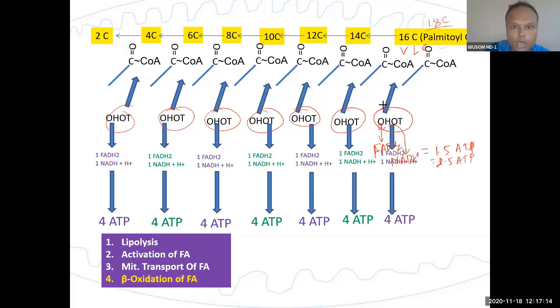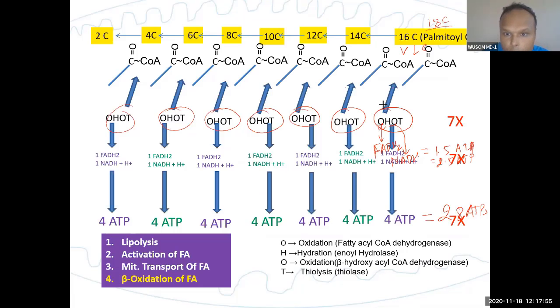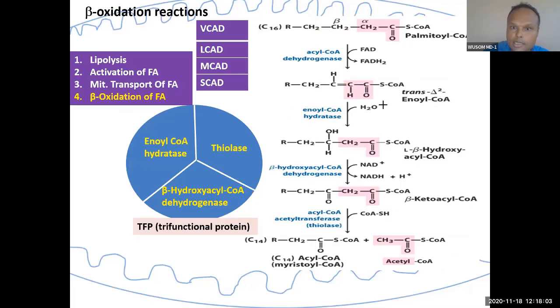So there are 7 bonds: 1, 2, 3, 4, 5, 6, 7. Breaking of 7 bonds will produce 28 ATP. Now you get the same process, same. I'm going to define one cycle. There are 7 cycles. I'm going to elaborate on this O-HOT part. So what happens? Let's say this first bond of palmitic acid. The similar breaking will happen for the other bonds.